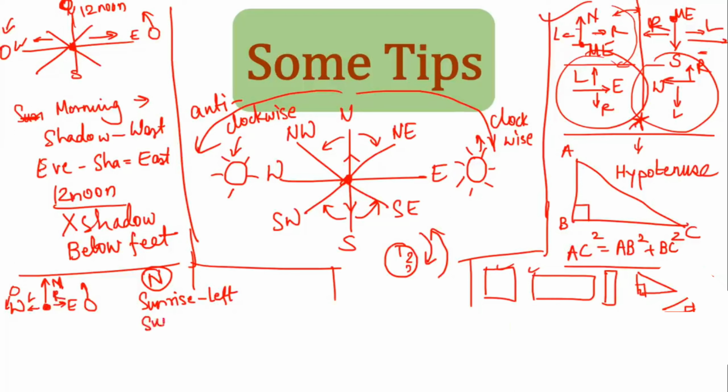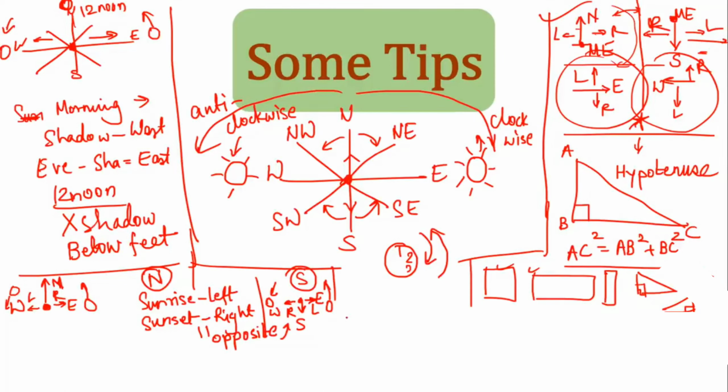So during sunset, my shadow will be to the right of me, correct? Same way, if I am facing south, what will happen? If I am facing south, okay, this is me and I am facing south. During sunrise, this is east. During sunrise, my shadow will be on my right hand side, and during sunset, when the sun is on the west, my shadow will be on the left hand side of mine, because now I am facing south. Okay, so exactly opposite. This is exactly opposite over here, right?